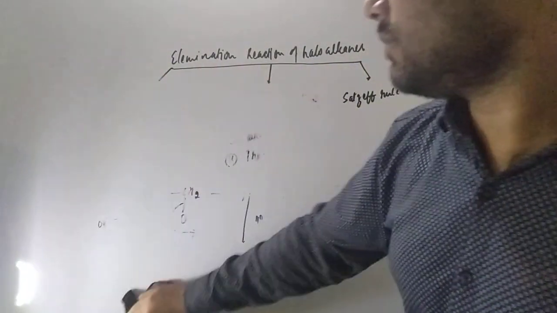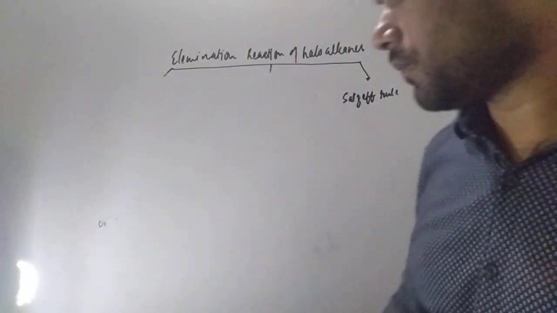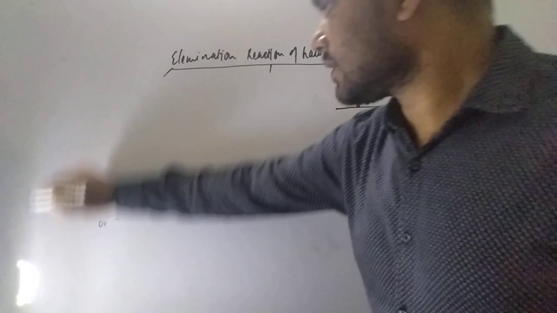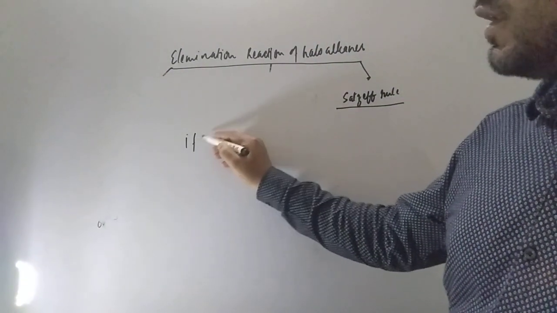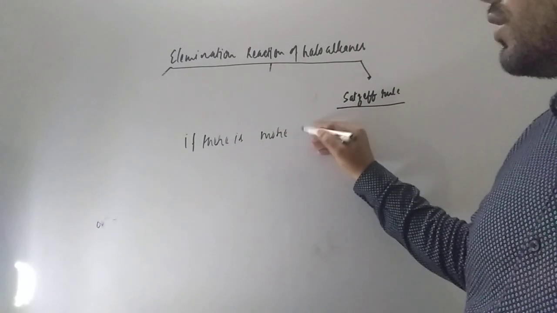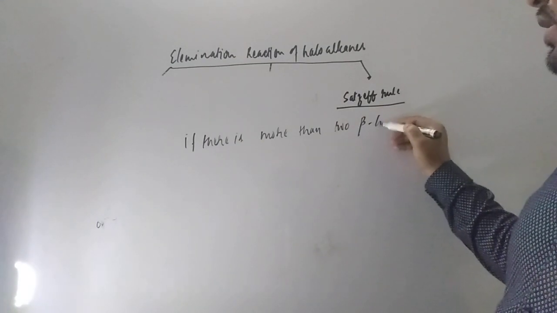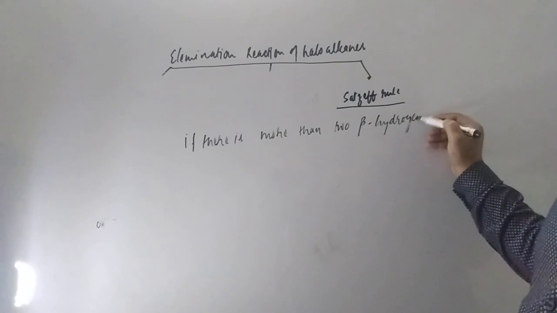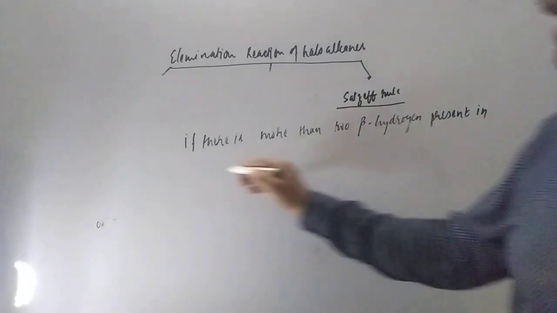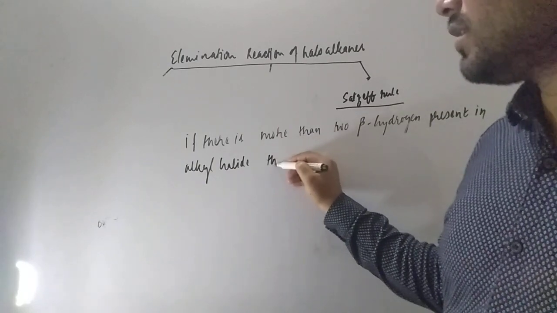Out of all the elimination reactions, the Saytzeff rule is the most important rule for competitive exams also. So what is the Saytzeff rule saying, students? The Saytzeff rule says, if there is more than 2 beta hydrogen present in an alkyl halide,